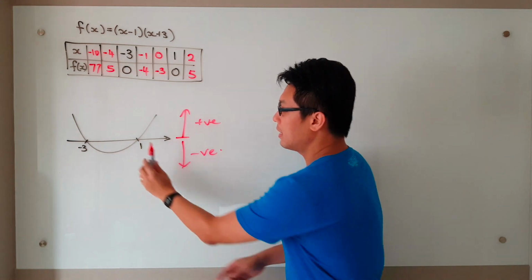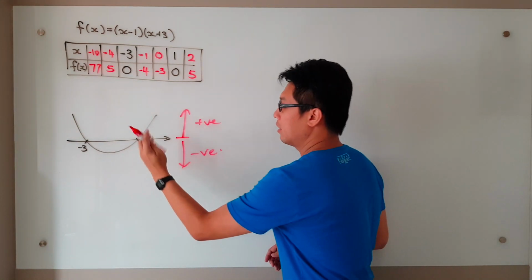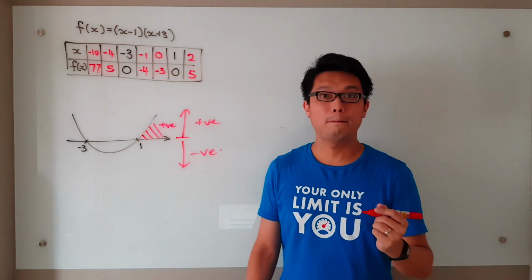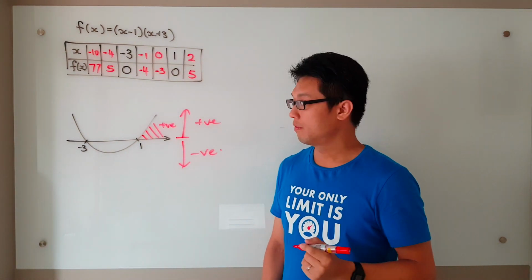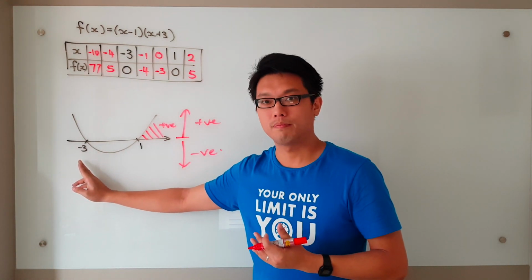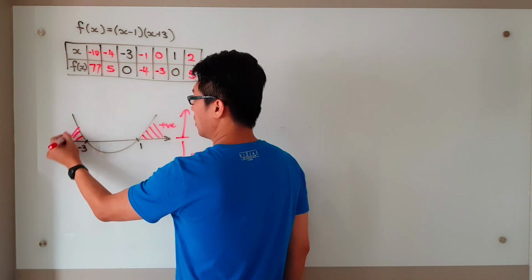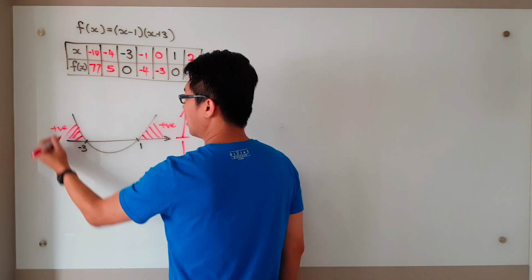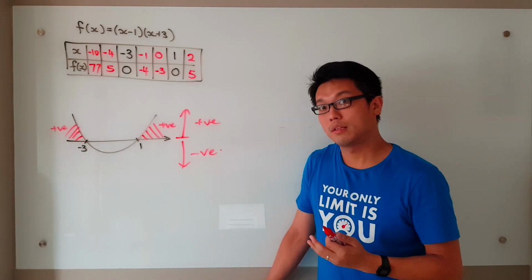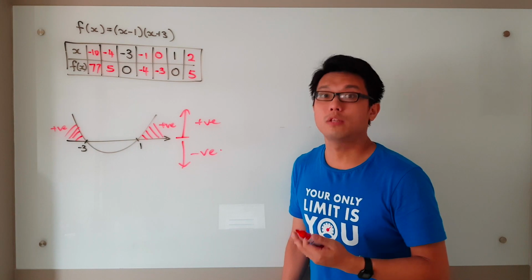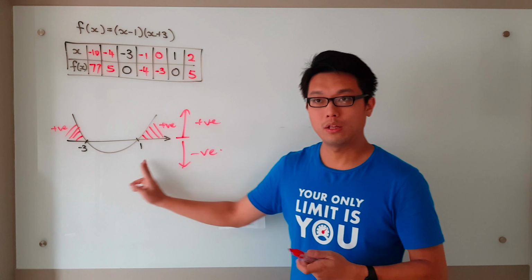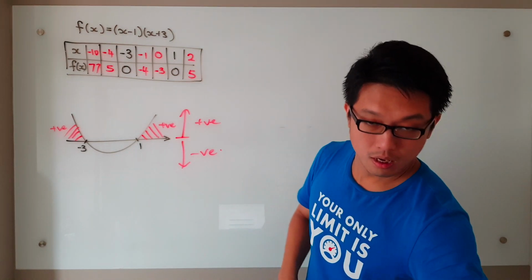So if we were to sub in any other x value greater than 1, we actually get a positive f(x) value. And conversely, if we were to sub in any value less than -3, we also get a positive f(x) value. When do we get a negative f(x) value? It's when we substitute a value that is between -3 and 1. This area here